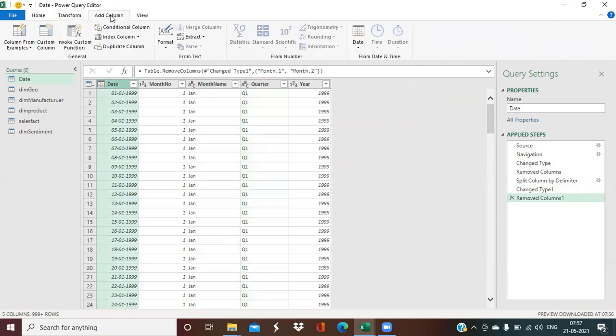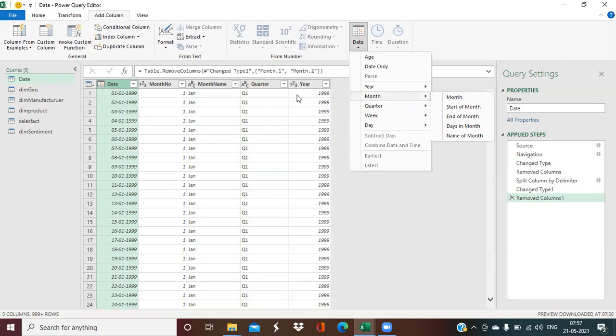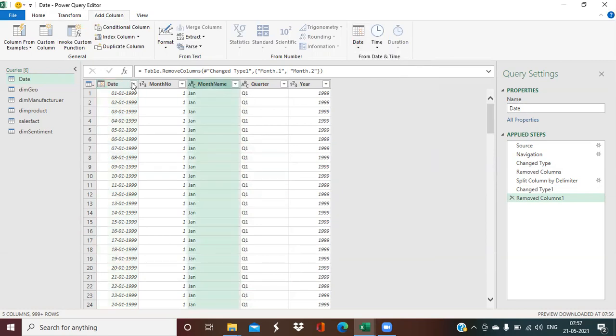We'll do it sometime in coming examples. First, we'll cover up all the tables. And in a coming example, I'll tell you how to add extra columns from your date. Okay. Just giving a small demo here. Let's say right now we have month name here. We already got the month name column here.